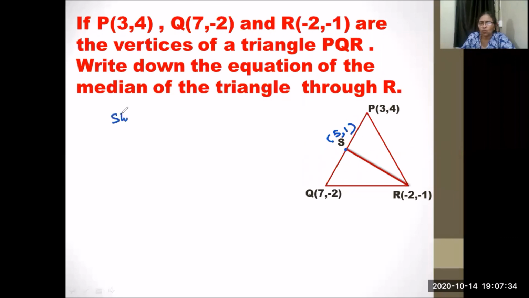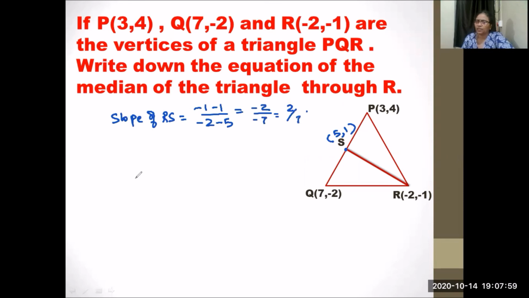First find the slope of line RS, which is (y2 minus y1) upon (x2 minus x1): (1 minus minus 1) upon (5 minus minus 2)...